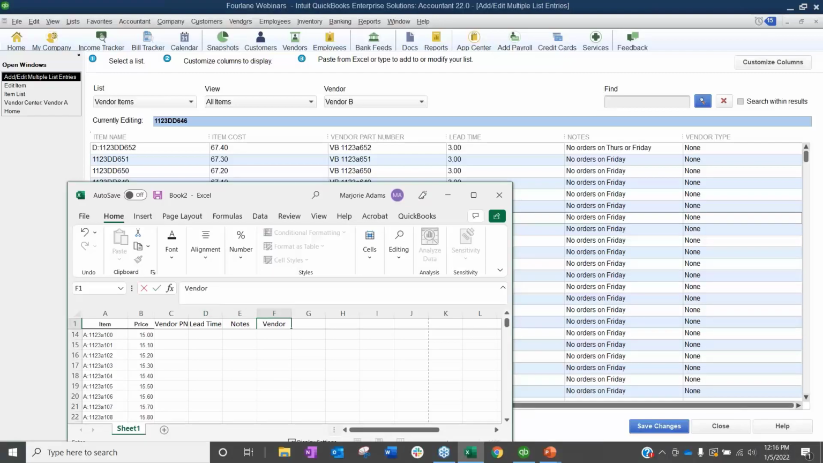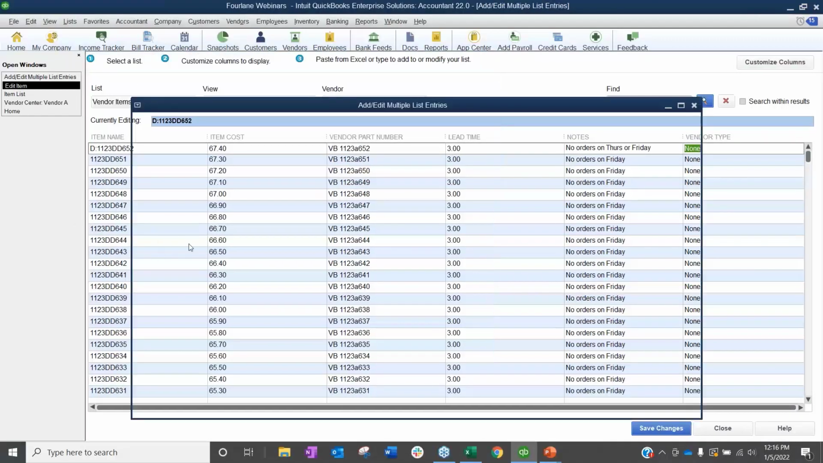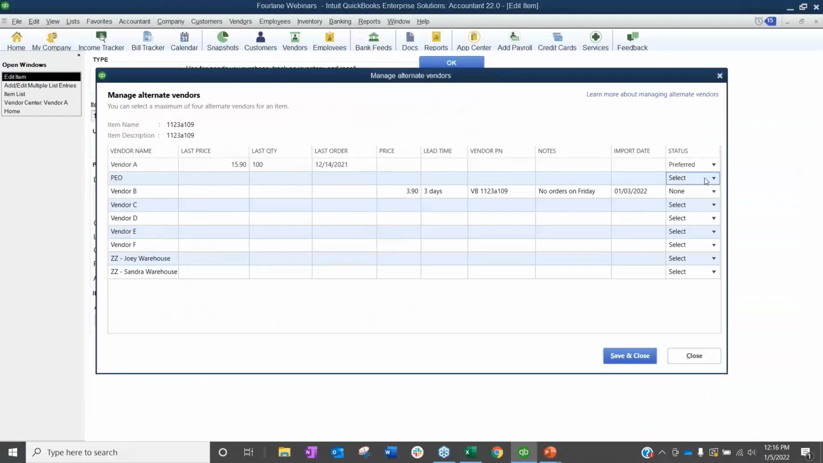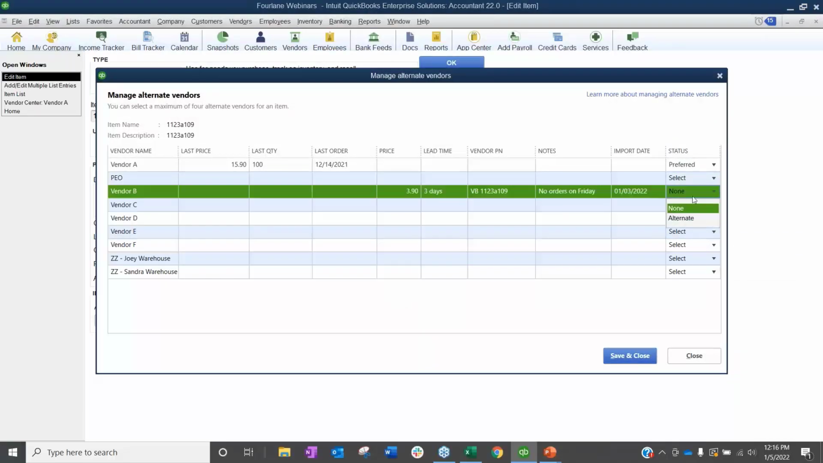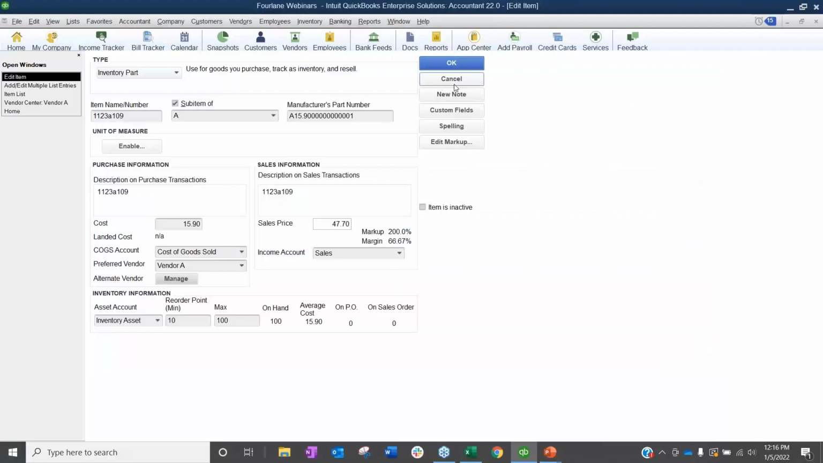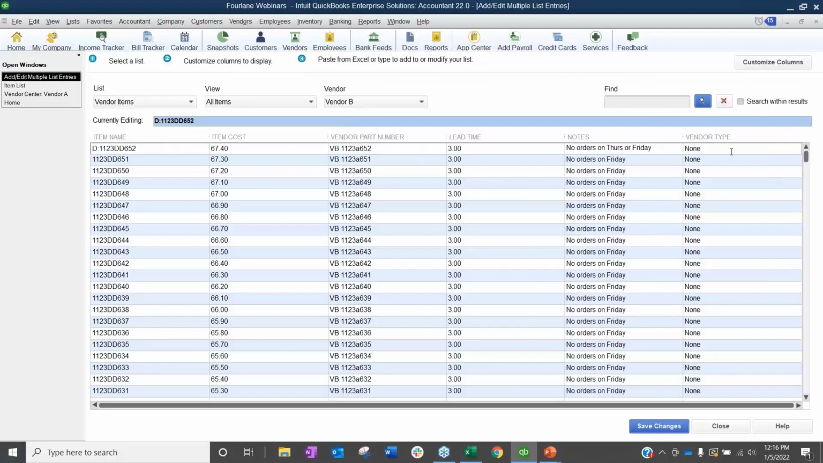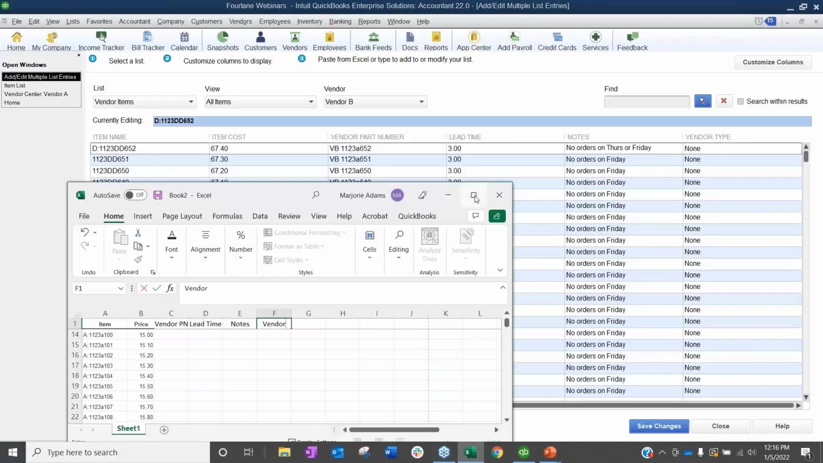Now vendor type over here, it should be a drop down because when you go in to edit the item, it's talking about status. That's what this is. So status is they're our preferred vendor or they're an alternate. But it actually won't let me edit that from here. This is one of the little QuickBooks quirky things, right? It should be a drop down here, but it's not. So back in my Excel spreadsheet,